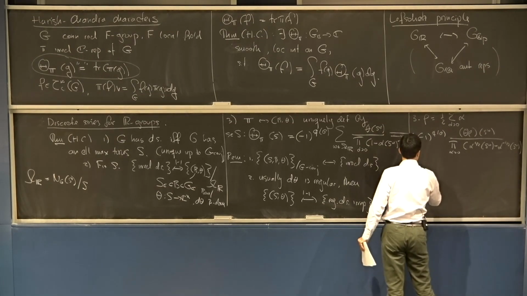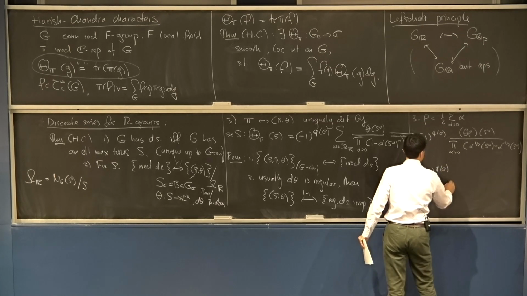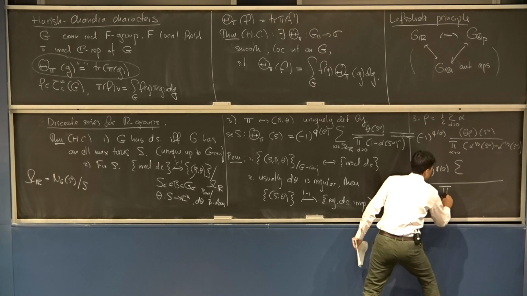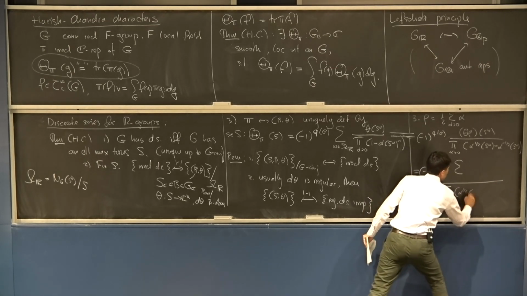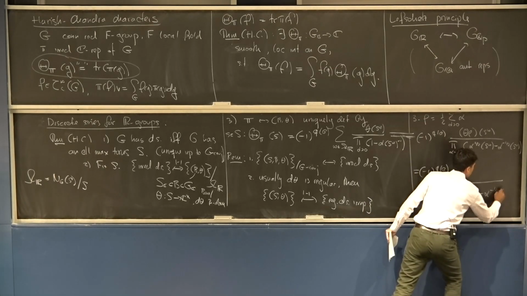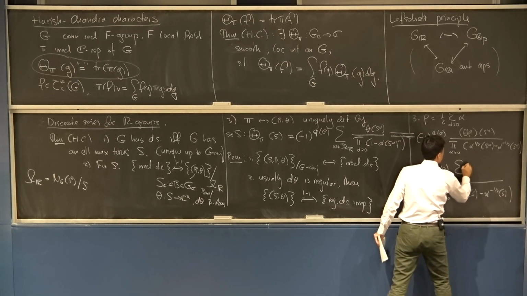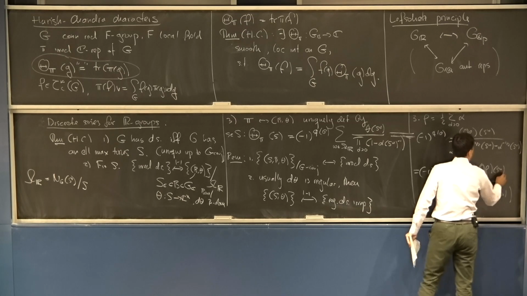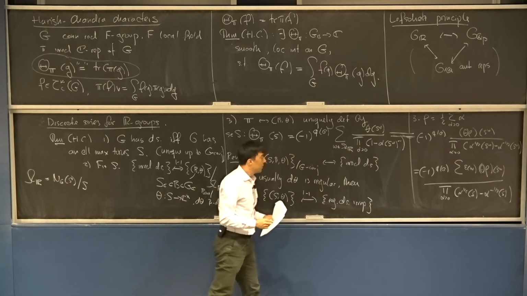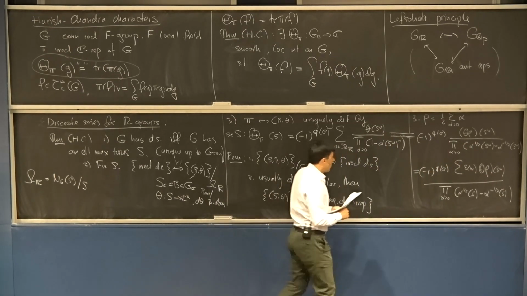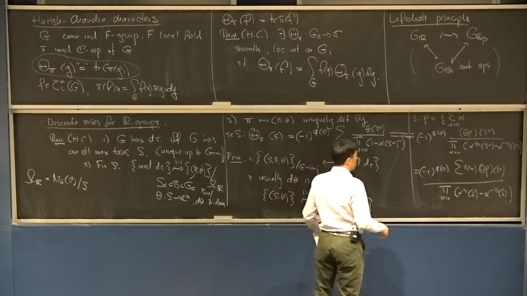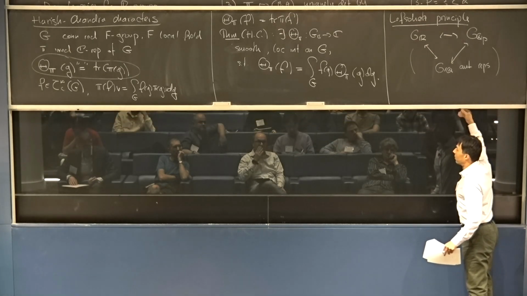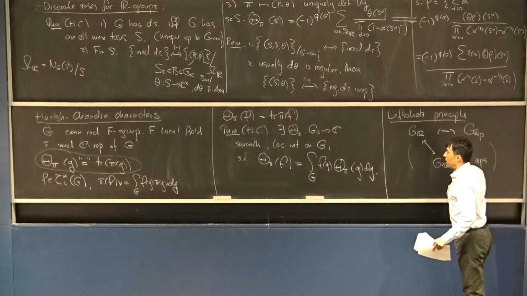And because of this, we can actually write this in a somewhat different form, where we take the denominator out. And in the numerator, we have the sign of the Weil element. And this is maybe another way in which you may have seen this formula written. So why did I do this? Because I want to draw attention to a certain formalism that this suggests.